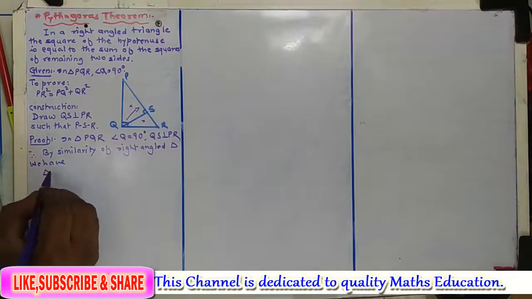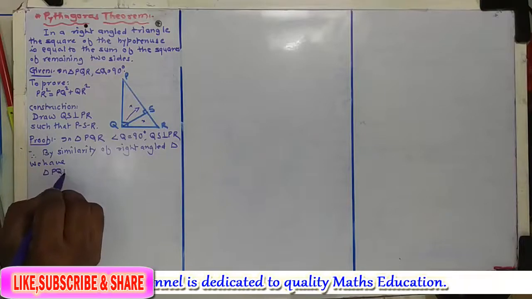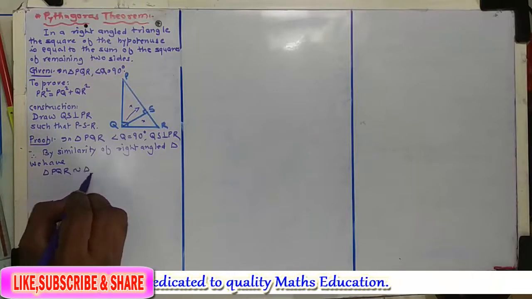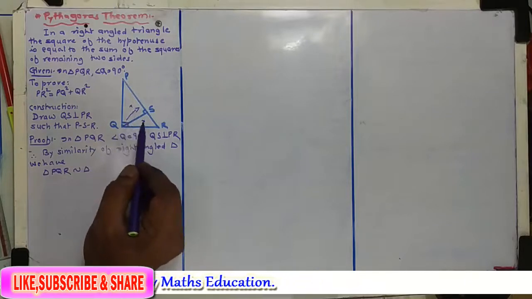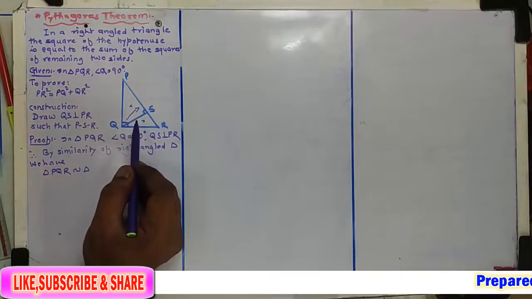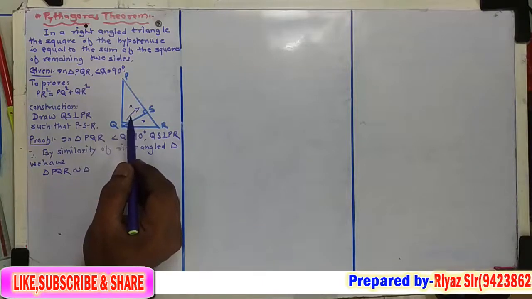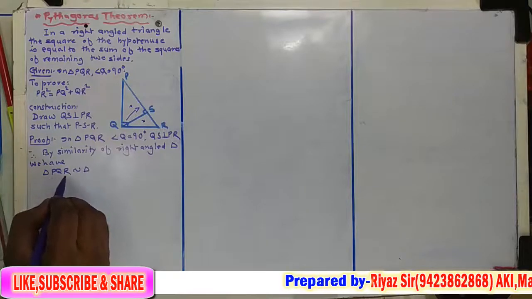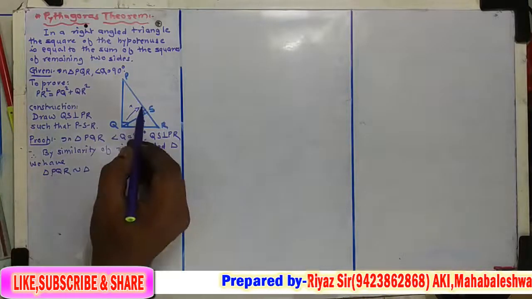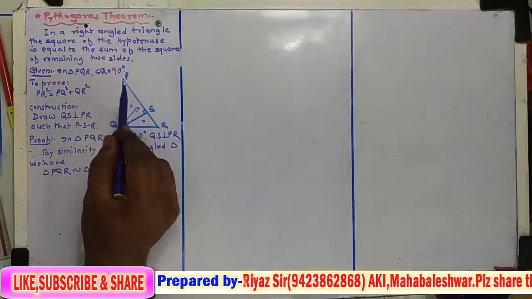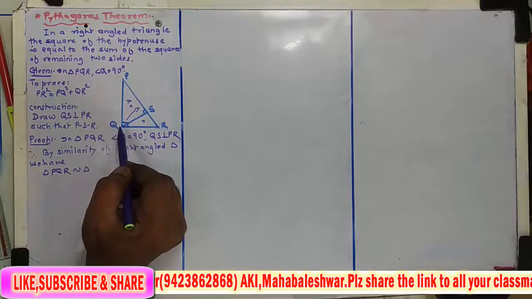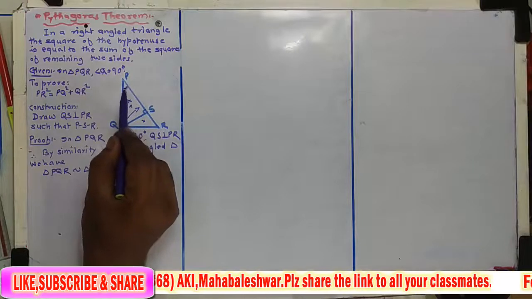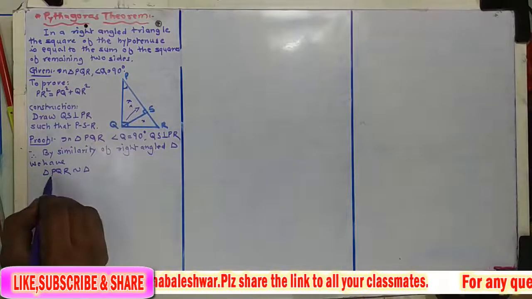So we write the first triangle name as triangle PQR. Triangle PQR is similar to triangle... now here we have to write the names of the remaining two triangles by one-to-one correspondence. In triangle PQR, the P vertex comes first, and we have to write the name of this upper triangle, PSQ. So in both triangles vertex P is the common vertex. First triangle starts from P.